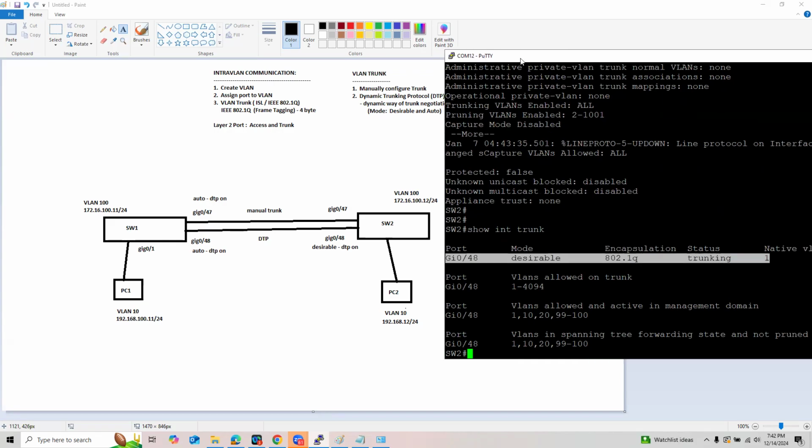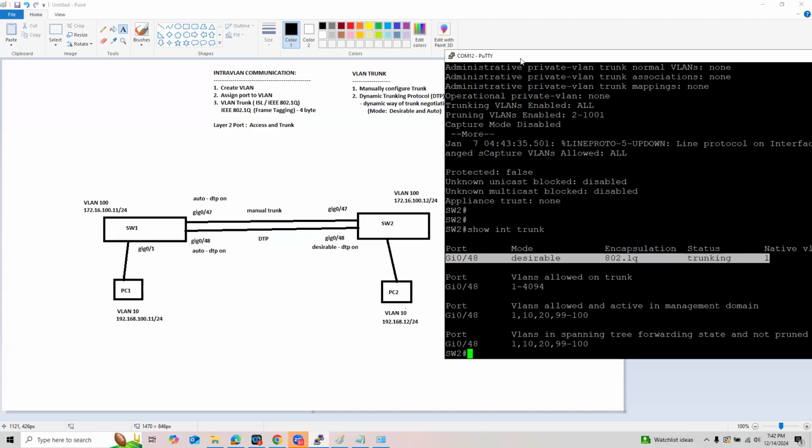So that's how it works. Is that simple? With DTP, it's very easy to make trunk ports. We just leave one side auto, then the other side you simply make desirable.